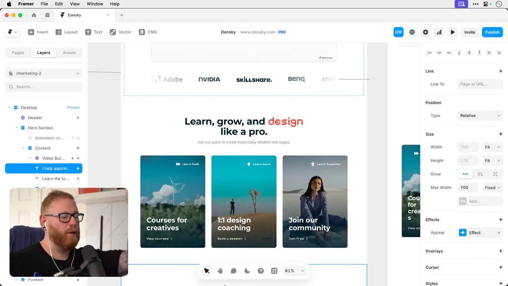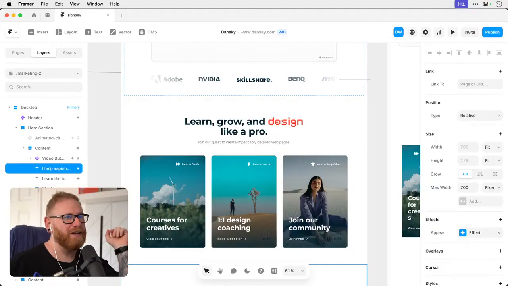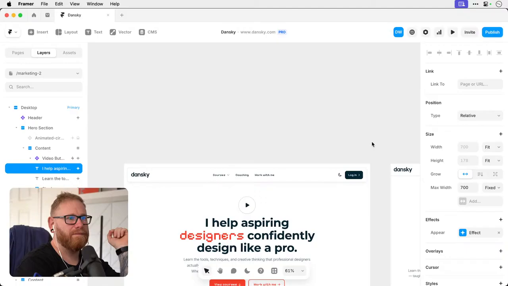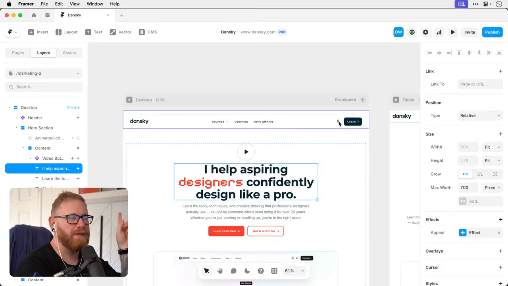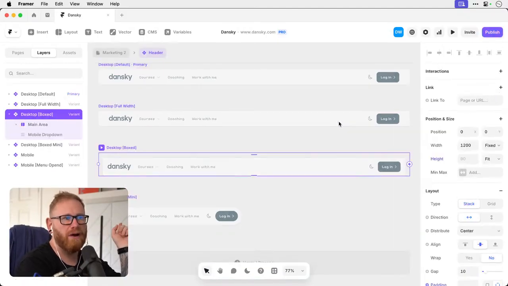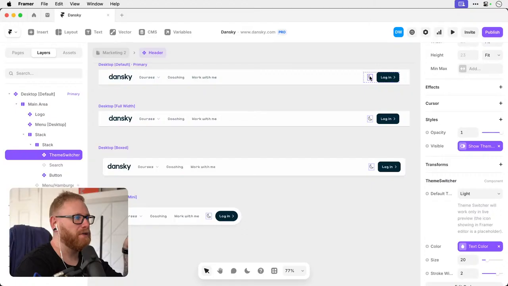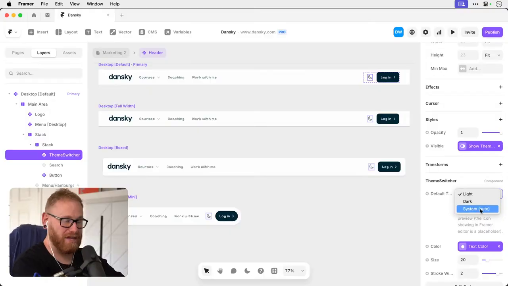Yes, right, Paul, I was looking this up literally about half an hour before the stream. So for me, you can add code to the site, but if you've got a theme switcher, which is, I think, a component within Framer, you can click on the theme switcher. So in this case, it's the moon here, and it will change to a sun, and you could just choose. So you can go with whatever their system is on their computer or their phone, or you can choose what the default is going to be.